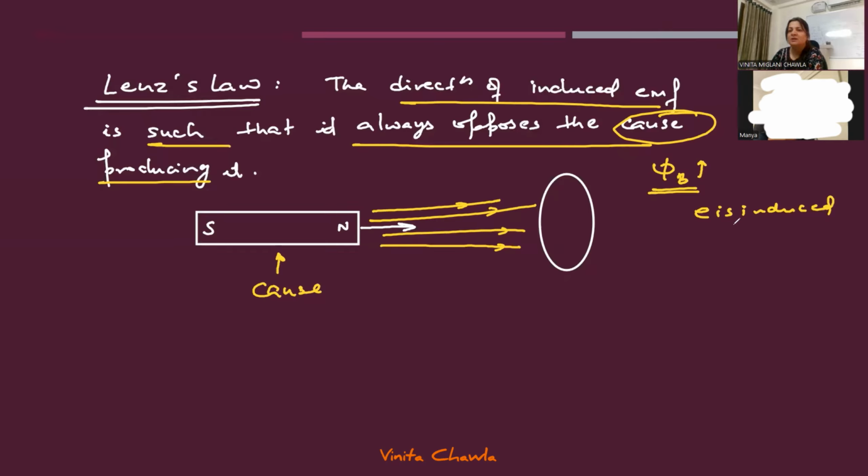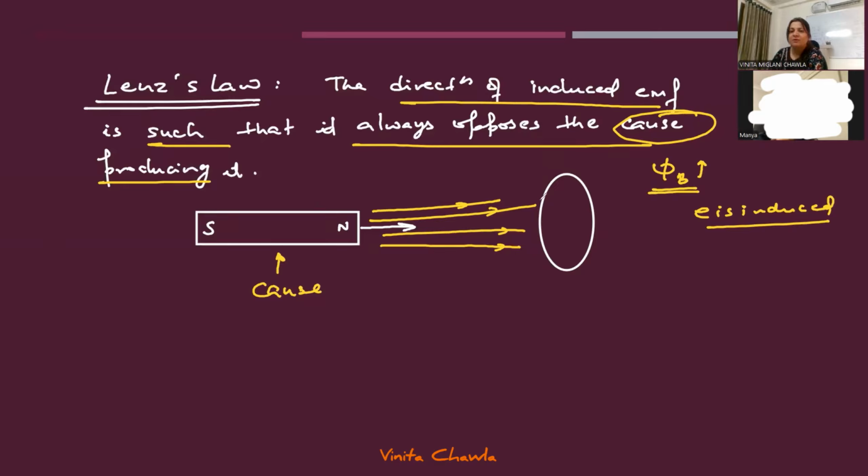And the result is the EMF induced or current produced in the coil, right? So it is going to oppose. So current will flow in a certain direction that will oppose the movement of this magnet towards the coil. So how will the current flow? Because the magnet is moving towards the coil, the current flowing in this is going to oppose this change,